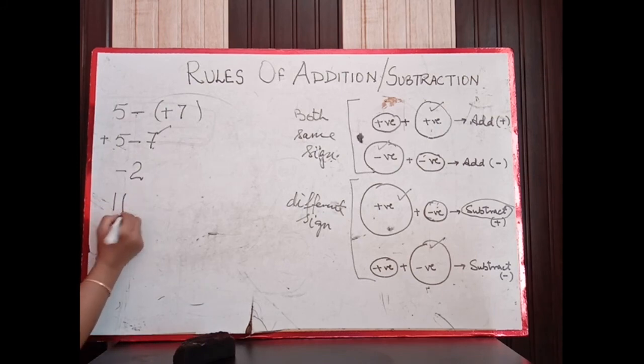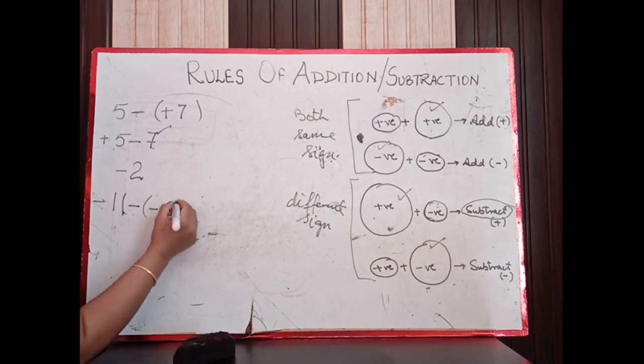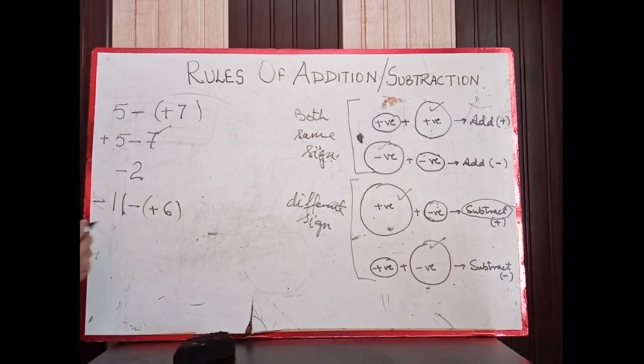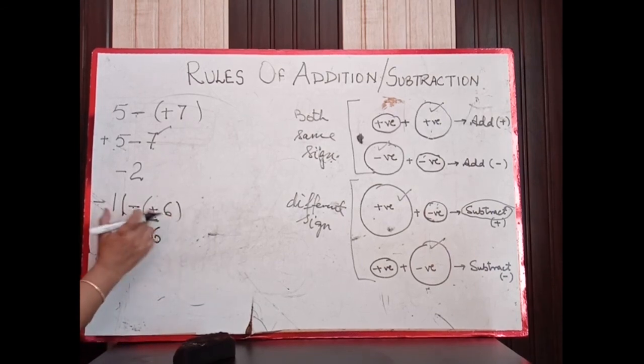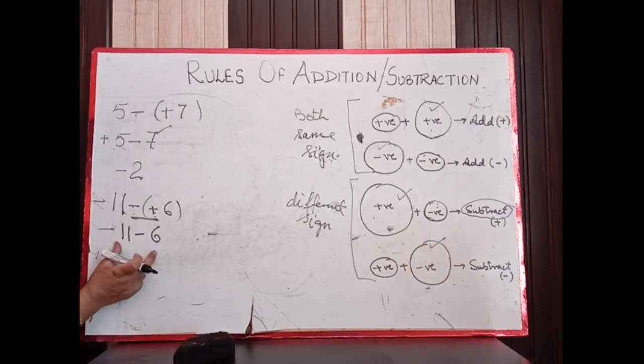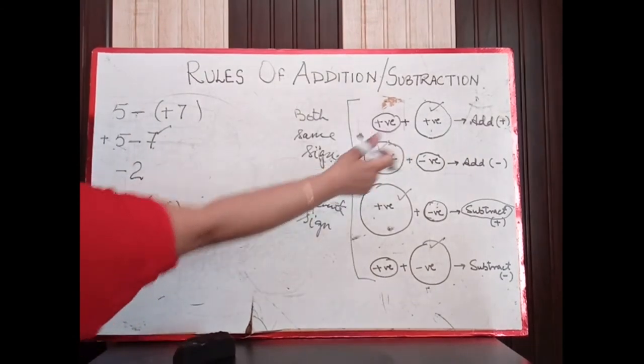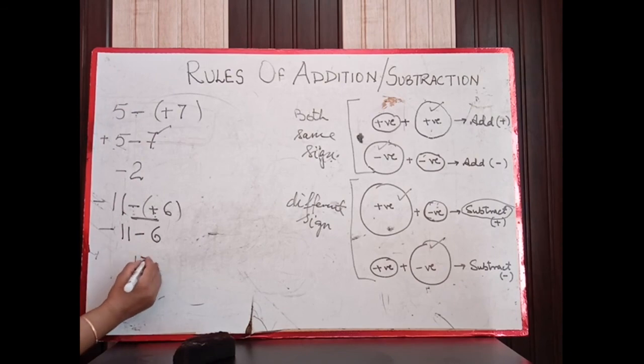If we want minus 11 minus 6 plus 6. Again, this bracket will be solved. Minus 11, minus plus. Bracket means multiply. Minus plus we will get minus 6. These are the rules of multiplication. Plus plus, plus; plus minus, minus; minus minus, plus. So plus minus, we will get minus. Here both are negatives. When both are negative, we have to add. So 11 plus 6, 17.